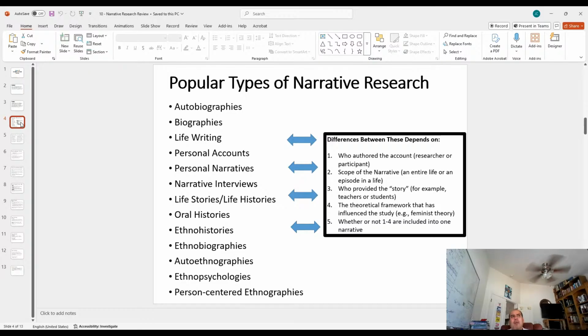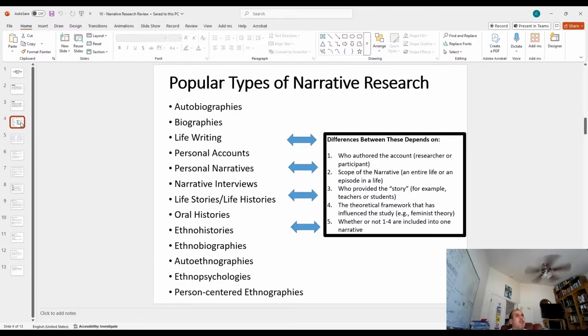Hopefully this story will help others as they try to navigate some of the same things that I navigated. So I used to use a lot of autoethnographies to do some of the work. If you search the word autoethnography, you'll find a lot of research and a lot of people, and all of it is qualitative. Rarely do people give themselves a survey. Generally, they do a self-interview, or they do an interview with a colleague or things like that. Rarely ever are you going to collect quantitative data on this. So the difference between all of these really depends on who authored the research.